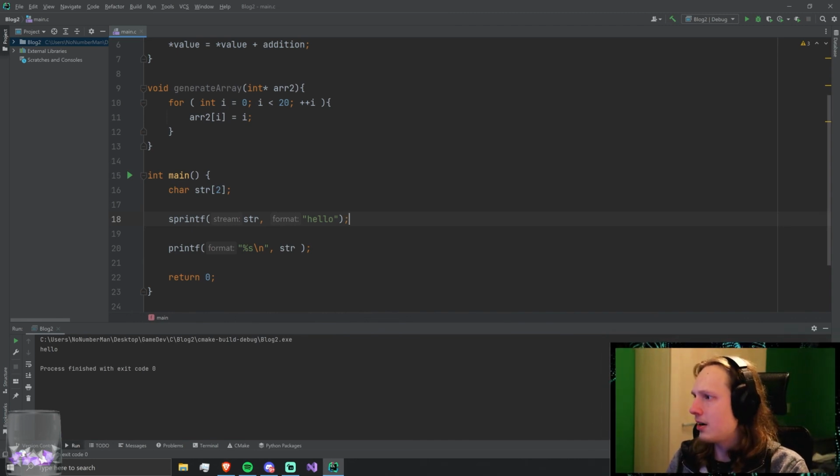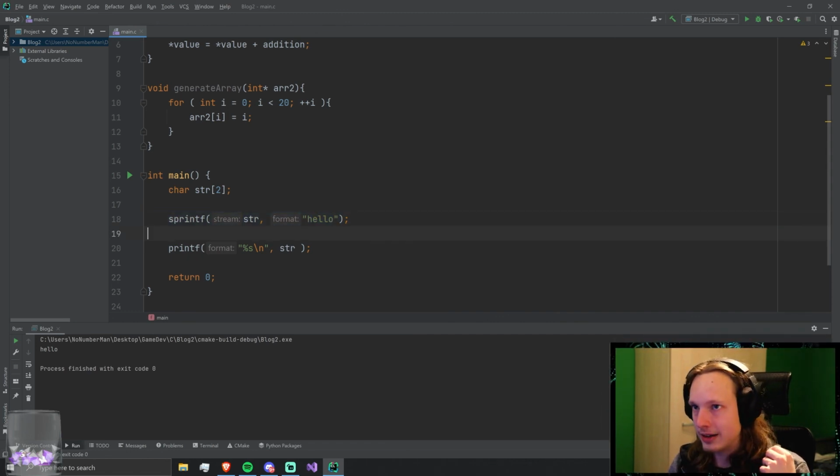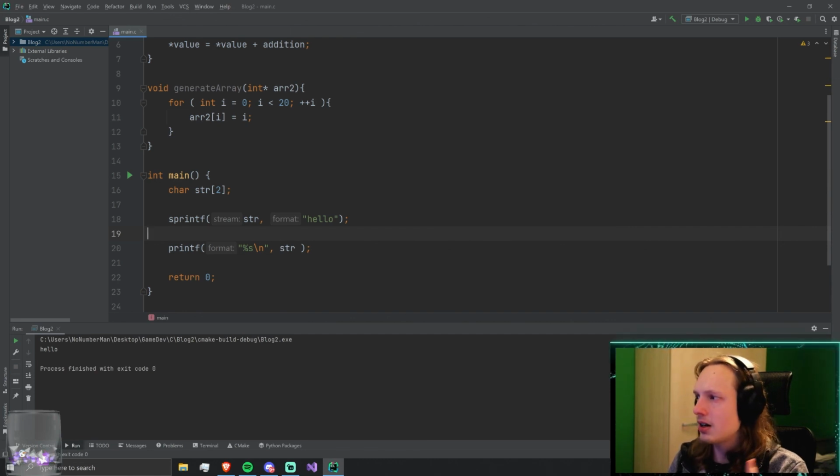Because now there are 4... Remember that there is an implicit 0 here at the end. Now there are 4 characters that you have not assigned, or that you have not created yourself. And you're just putting values there. So you have 2 characters that are in your ownership. You own those characters. You can do whatever you want with them. But the other 4 at the end, for the L, L, O, and the 0, well, they are owned by the operating system and maybe even owned by another application.